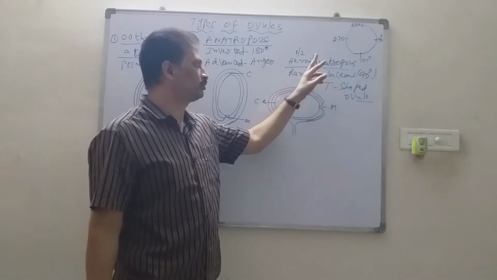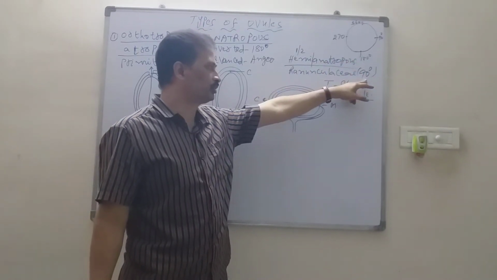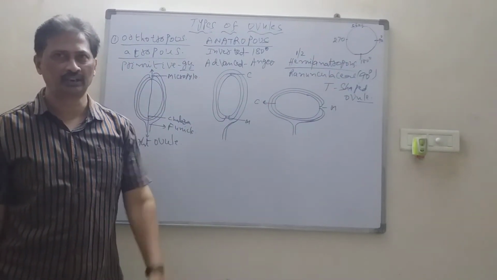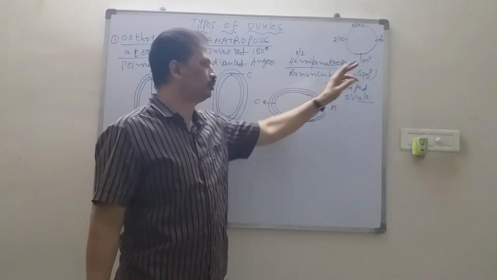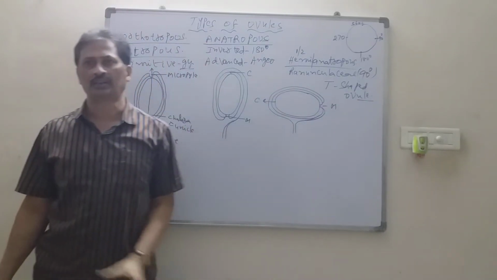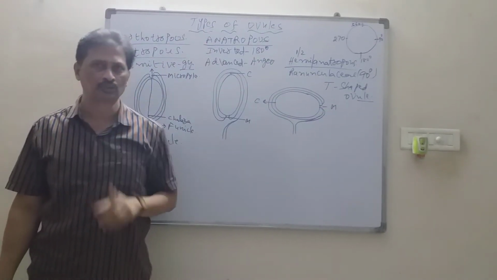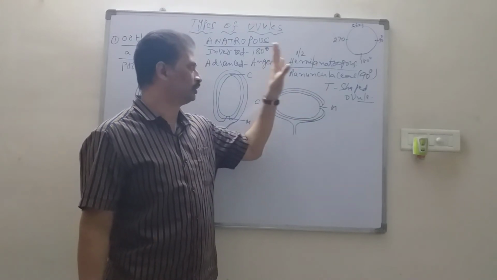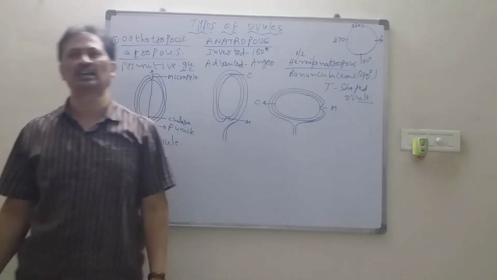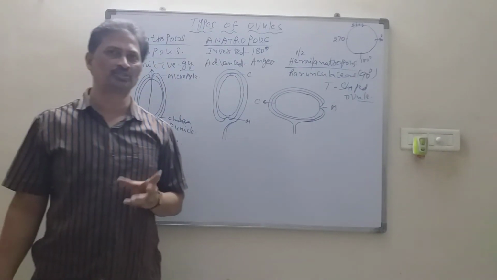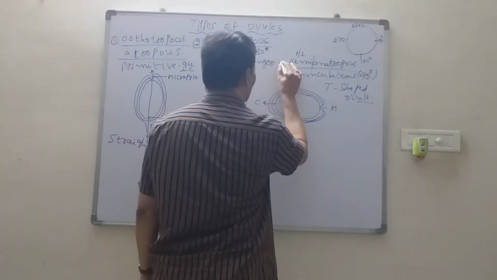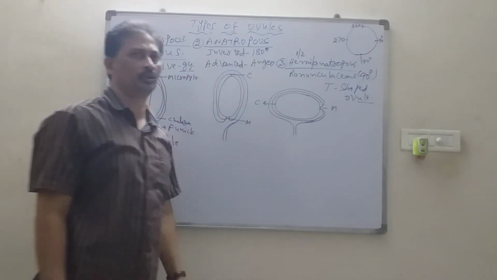So the hemianatropous ovule is also called the 90 degrees ovule, because the orientation is only half of the anatropous. That means half of 180, that is 90 degrees. And the body of the ovule is placed on the funicle in such a way that it appears in the form of the English alphabet T. So it is called a T-shaped ovule. That is the hemianatropous third condition that is found in the family called Ranunculaceae, and the example is Ranunculus. So that is the third condition. So this is the second type of ovule, and this is the third type of ovule, right?